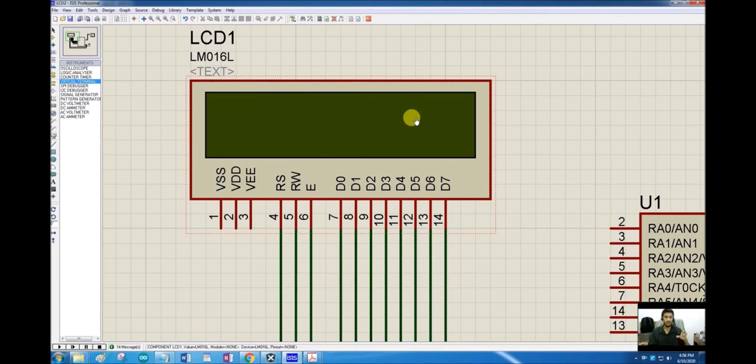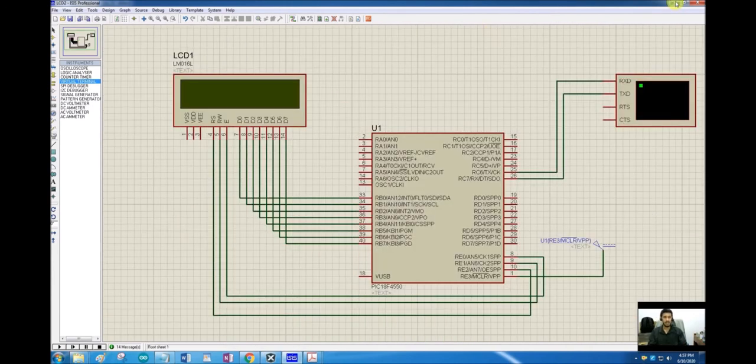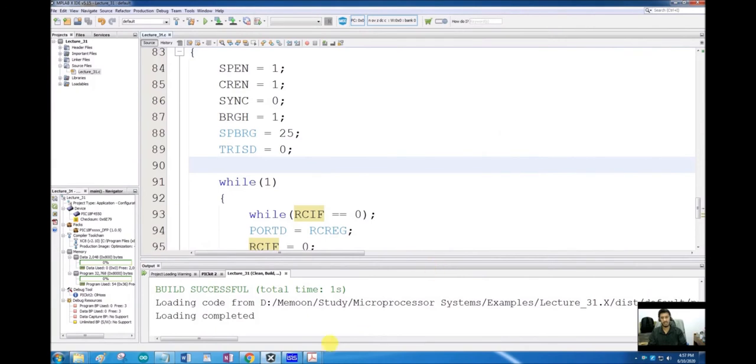We first have to configure this LCD, because this LCD itself has some kind of mini microcontroller inside, and it has to be configured in a certain mode to display any data that is received afterwards. So first we are going to configure this LCD, and next we are going to send data to this LCD that will be displayed on it. So let's see how to configure this LCD.